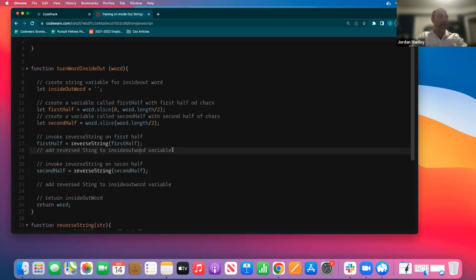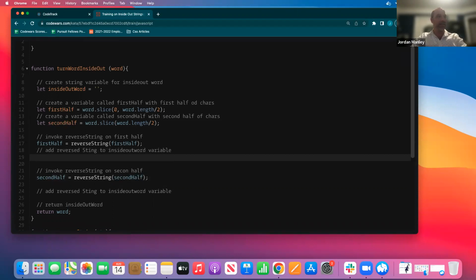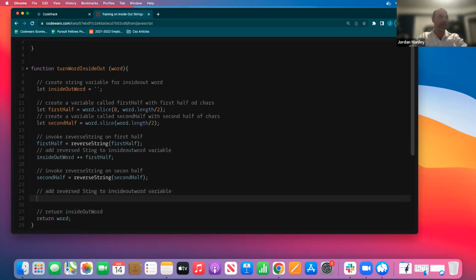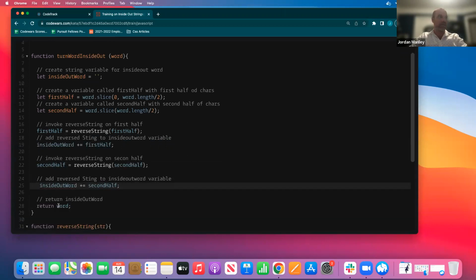Okay, here we say add reverse string to the inside out word variable. All right, so inside out word plus equals, again, I'm going to copy, should have copied the first one too, first half. And here we'll copy this and we're going to put it right here. And now we'll copy second half. And there we go. And finally, we're going to return inside out